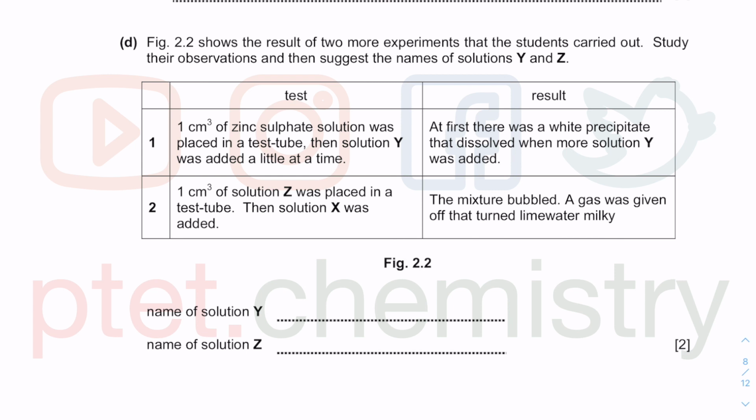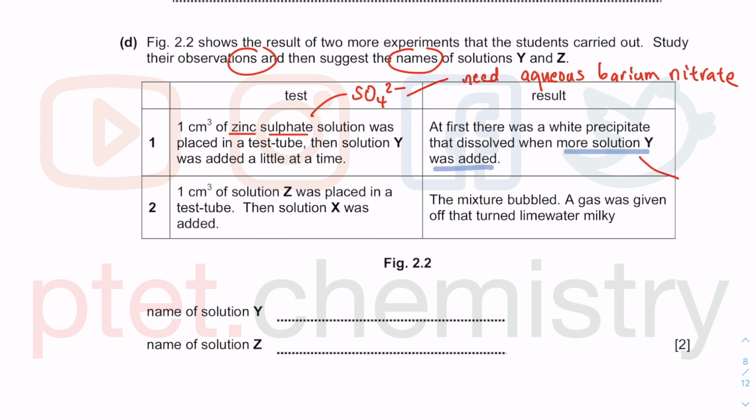Now this next table, two more experiments. Study the observations and then suggest the names based on the observations. First of all, we have zinc and also sulfate. Sulfate is basically SO4 2-. We need aqueous barium nitrate. That was one of the earlier questions. Aqueous barium nitrate will form white precipitate if sulfate is present. We did not exactly get barium nitrate because